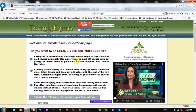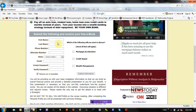Okay, so when you're sitting with them, you're going to collect information. It's pretty simple. I'm going to do this in real time just to show you how fast it is. Notice the time, it's 8:32 my time. We're 50 seconds already in. So you collect the person's name, their phone number, their cell phone number or an alternate, where they're from, get their email,